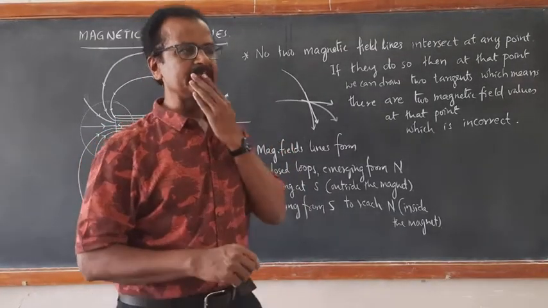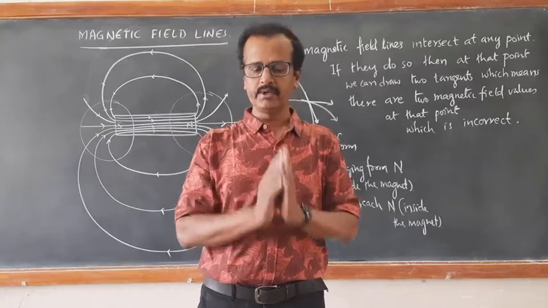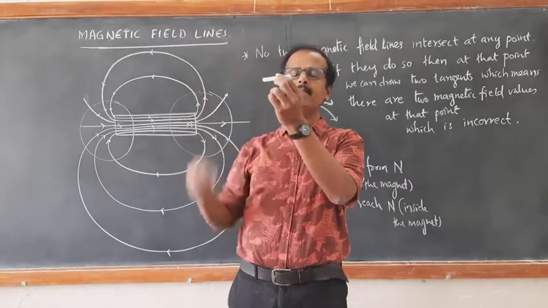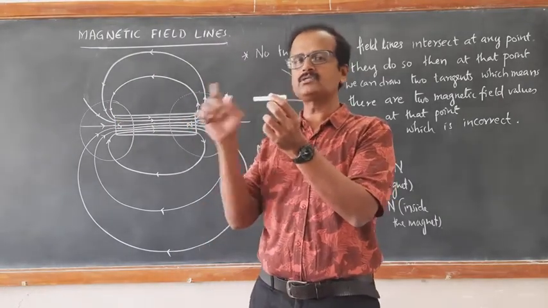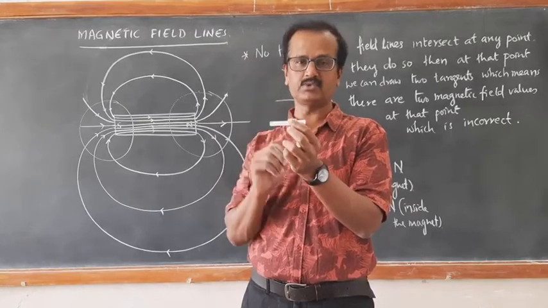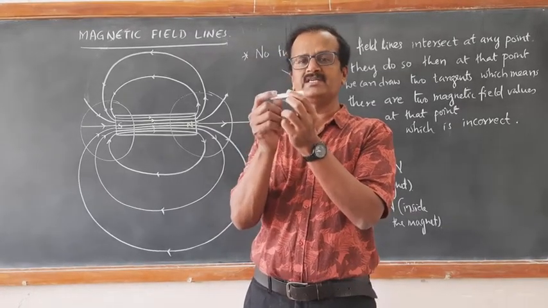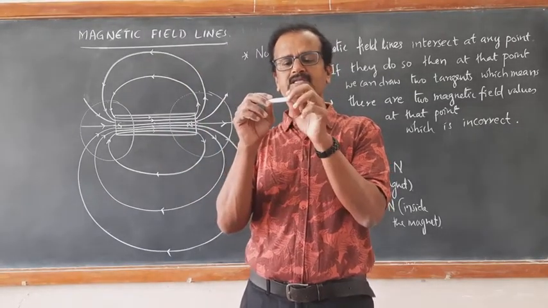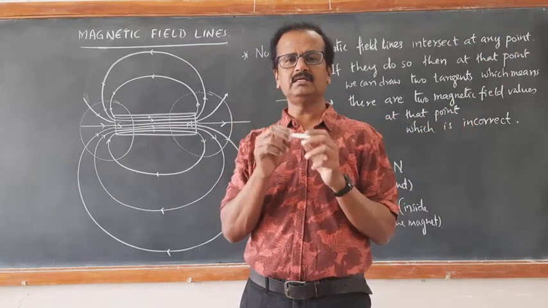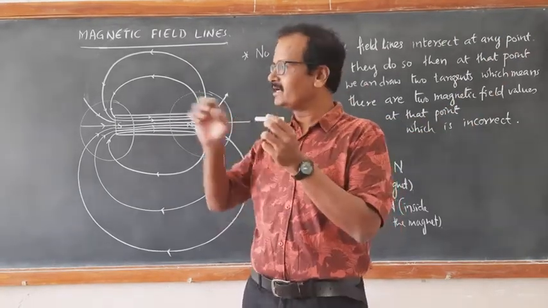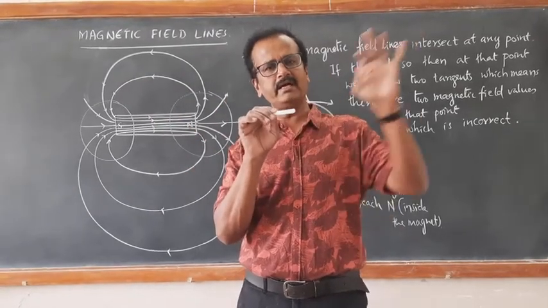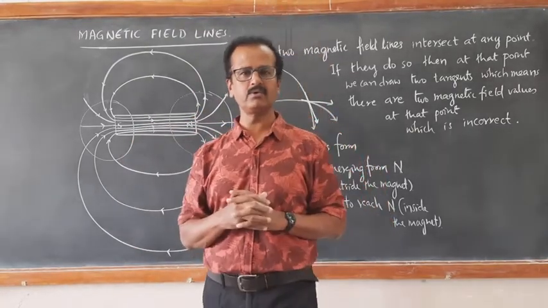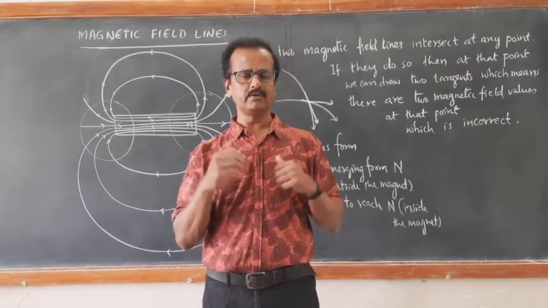Now one more interesting point. How do you define a pole? When you take any bar magnet, suspend it freely, then the bar magnet always points in the north-south direction. I will explain you why is it so. The end which is pointing towards north of the earth is called as north pole, and the end which is pointing towards the south pole of the earth is called as south pole. So north ending point is called north pole, south ending point is called as south pole. This is called as directive property of magnet, which I have told you already in the previous video, right?